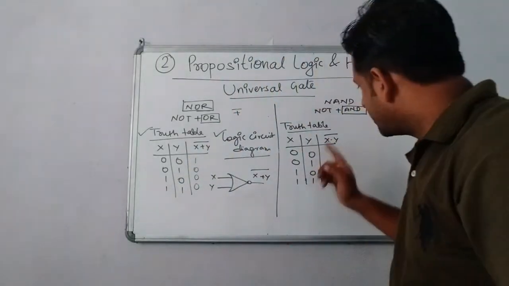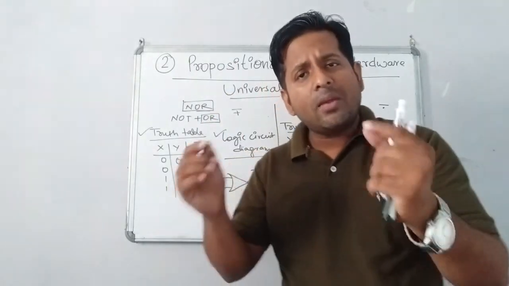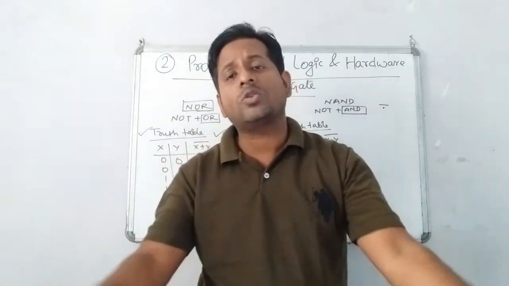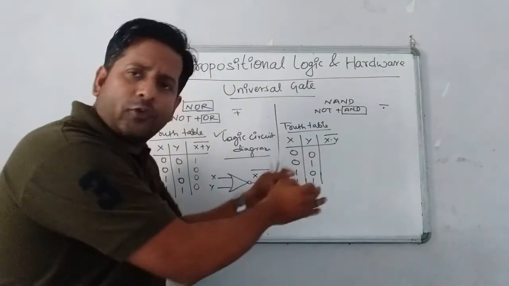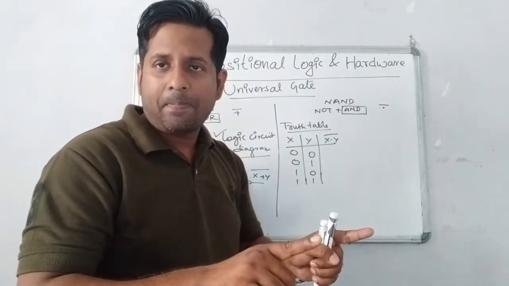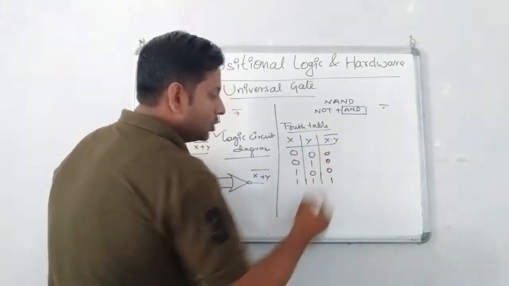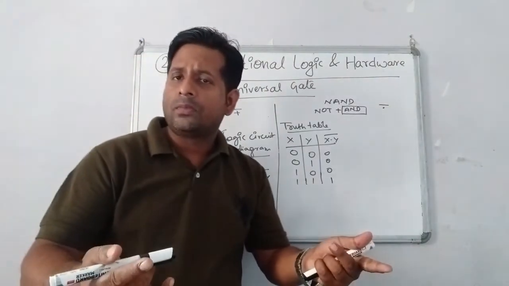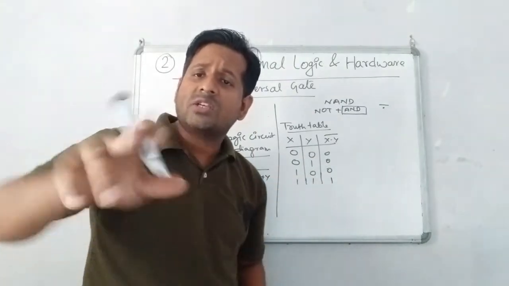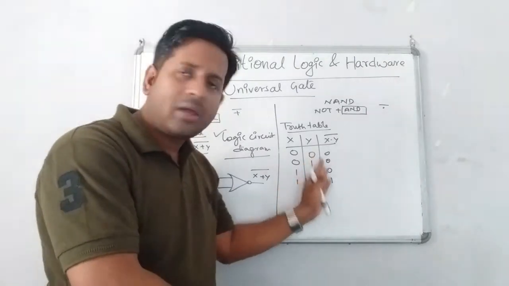Clear, children? So here, AND is what? AND is series. In series, what was the concept? If both inputs are on, then only the output is on. If any of the inputs is off, the output is off. That was the concept. If you go for the AND gate, listen children, the output is 1 here, and in the rest of the cases 0. Simple output. If any of you have not understood this, then just go and check my previous video where I have already explained this part, the AND gate.